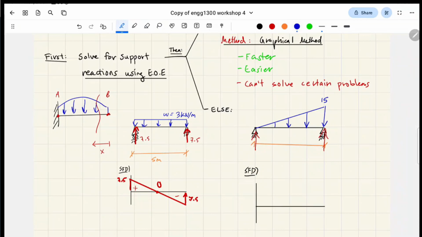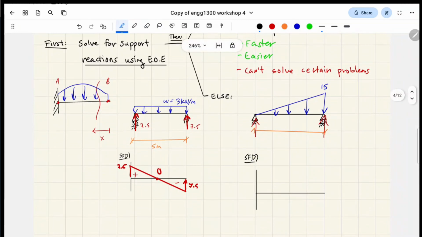So since the load is decreasing, first of all, it goes up by this much, which is the first support reaction. Let's call it RA, not RB maybe. So this goes up to RA, right? And then,